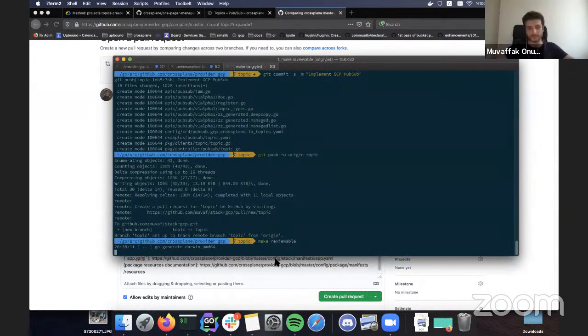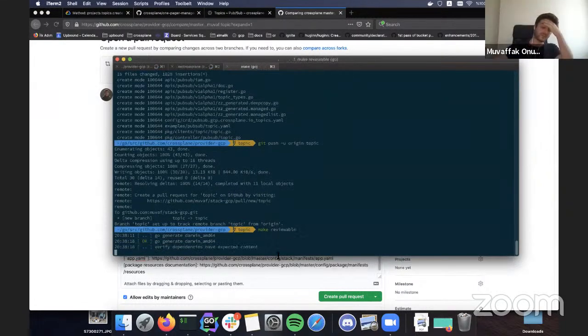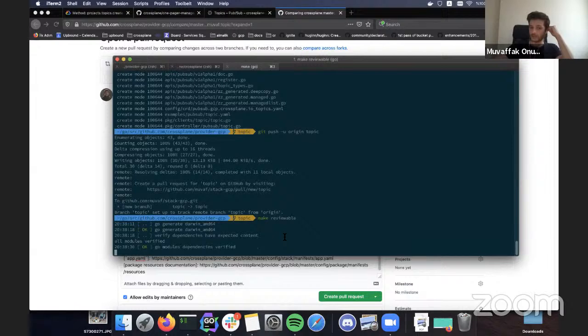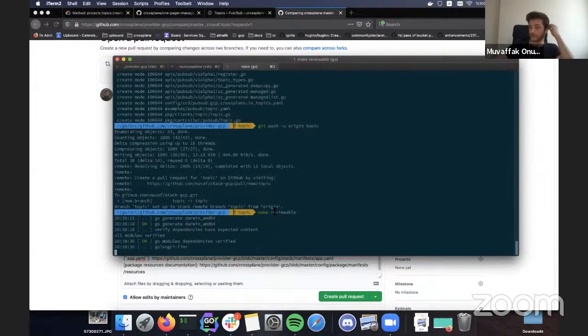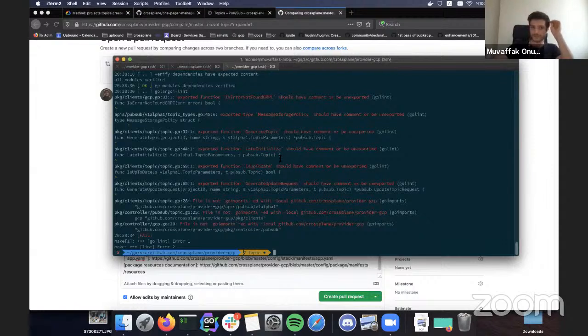So this make reviewable doesn't only generate some Go files, but it actually checks for a lot of linter rules, for comments, for obvious simpler tricks that you can do with Go and all other things. It's a pretty useful make target. As you see, LateInitialize should have comment or be unexported, whatever you export should be commented.